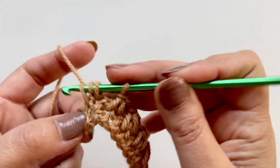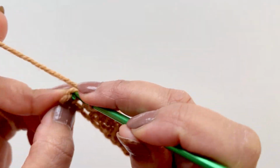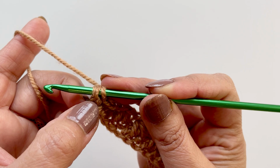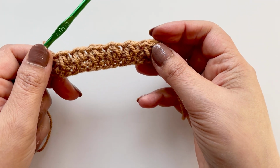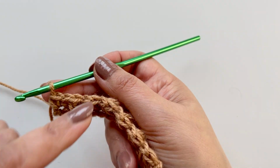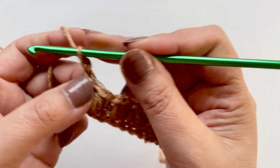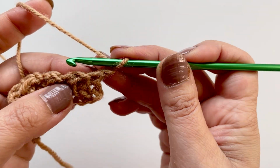The space, pull through 4, chain 1 and single crochet into your last single crochet, and that's row 2. That's what it looks like from this side, and that's the other side. I actually like this side. Chain 1. And now we're back to row 1, which is single crochet and chain 1, and this one's really